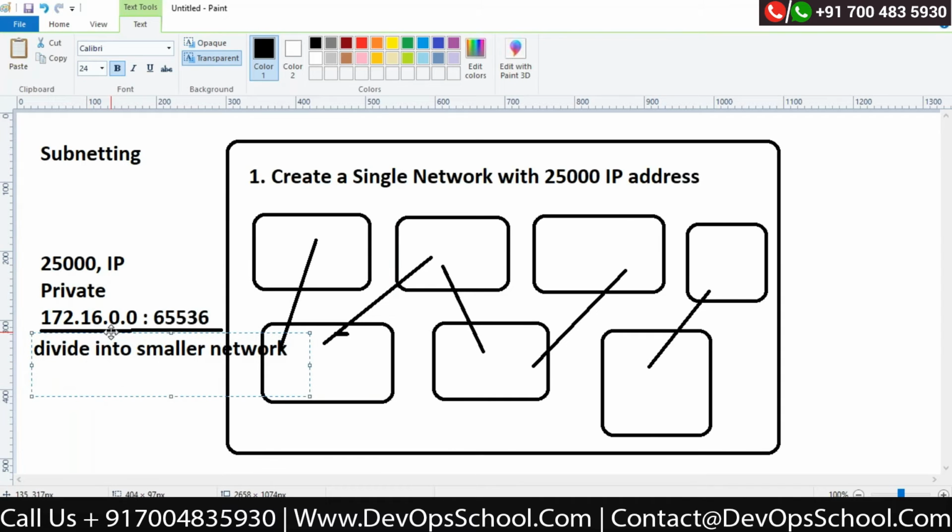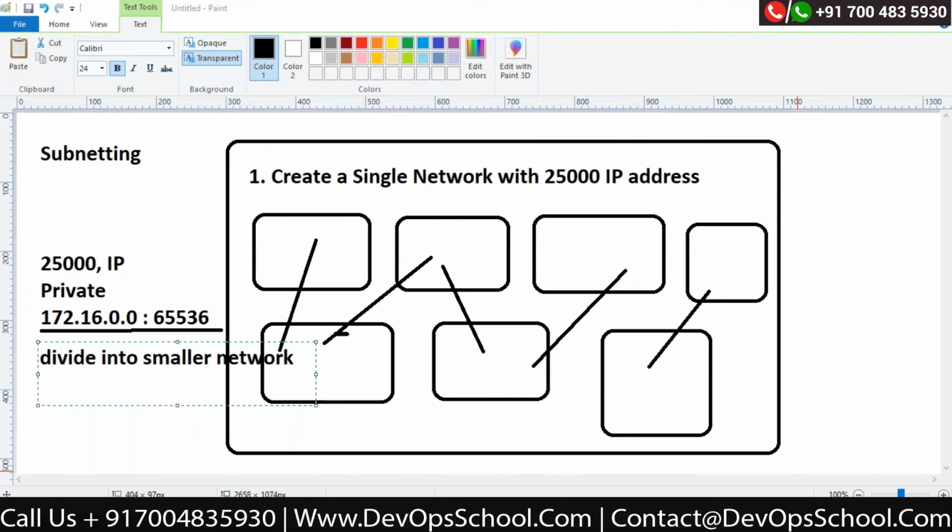Now, if I do that, whatever chunk of the IP address we get after subnetting, every chunk of that particular network would be isolated. So I do not want to waste the IP addresses. Within that particular network, I divided the network into smaller networks with the help of the technique called subnetting. Now each of these small networks I am creating would be considered a collision domain.